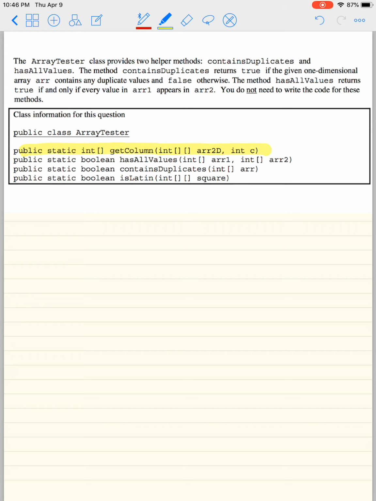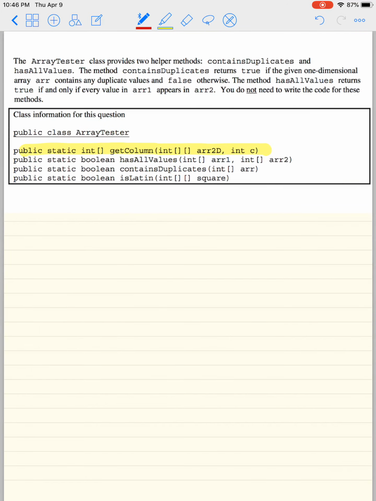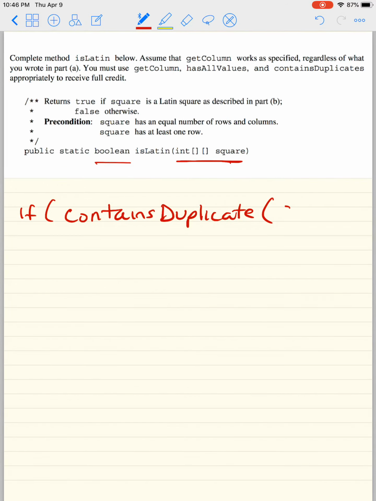So let's begin. The first thing I'm going to do is take care of the yellow highlight: the first row has no duplicate values. Let's take a look at the question. It takes a two-dimensional array called square and returns a boolean. We want to make sure that it is a Latin square. So first thing I'm going to say is if containsDuplicate, and I know that containsDuplicate takes a single-dimensional array, and I'm going to put square